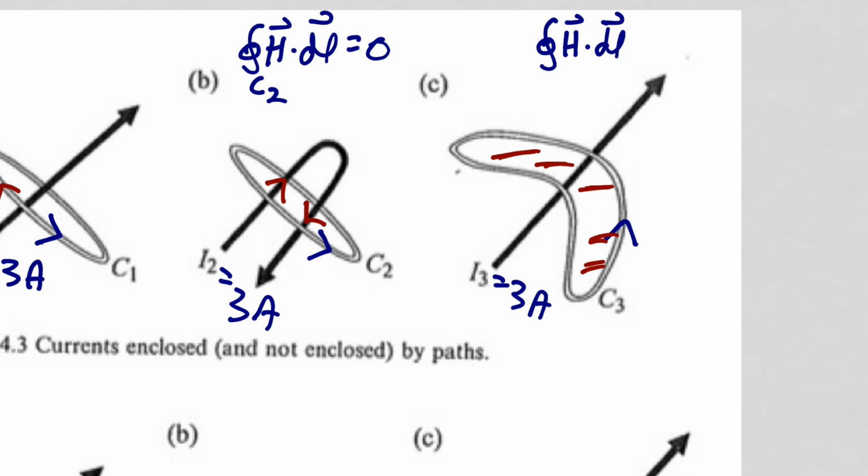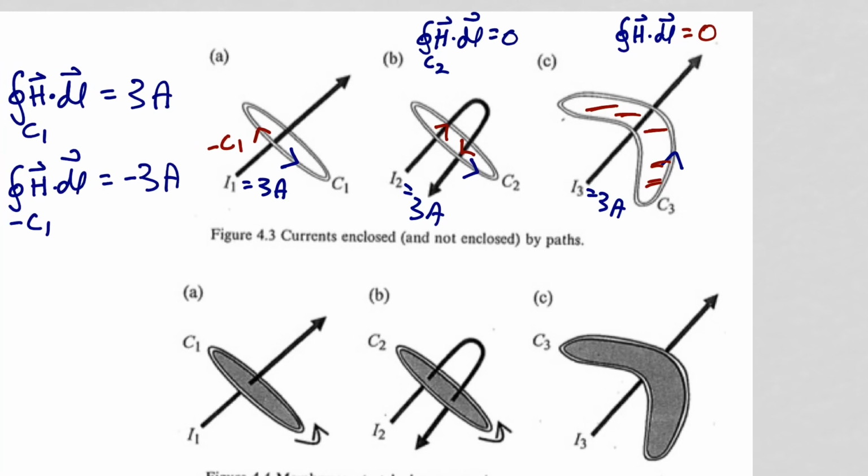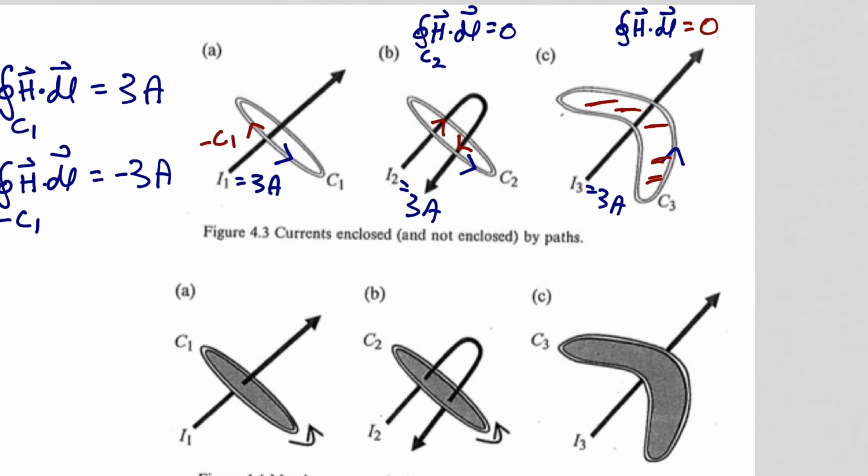So we've been applying Ampere's circuital law, and we've been thinking of the area defined by the path as these taut surfaces as shown here. So in the case of the integral around C1, we see that our wire punctures our path once, so we have 3 amps flowing up to the upper right side like this.